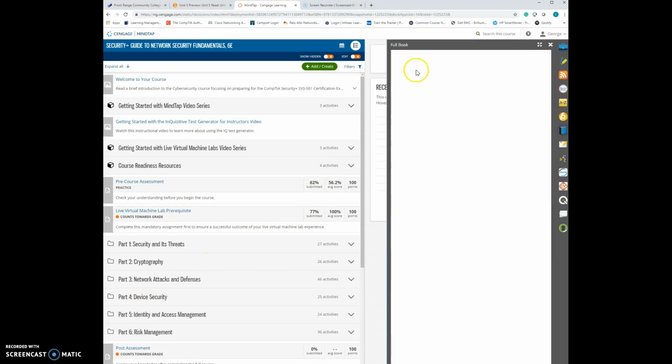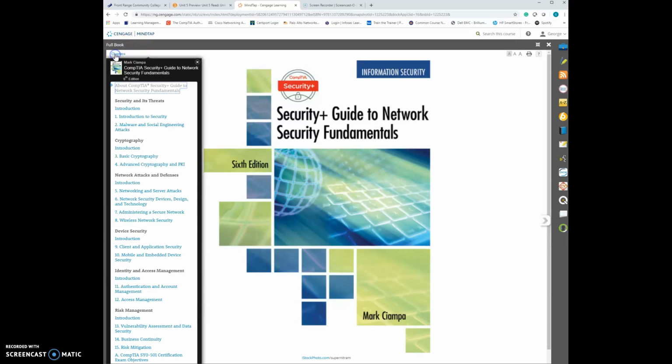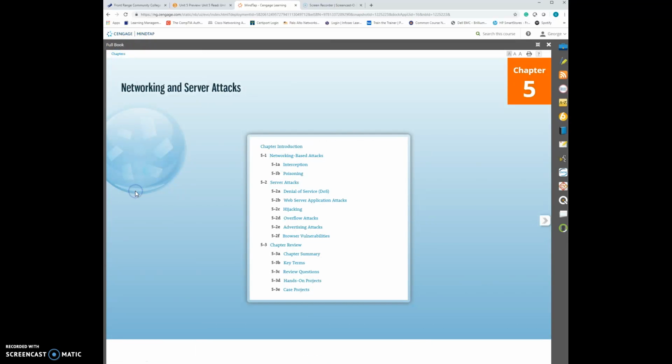Book, chapter 5. I think it's networking and server attacks, where we look at basic network attacks and start to look at server attacks. Yep, I was right. Where we get to see ARP spoofing, DNS server poisoning. We get to see these different types of network attacks, to where